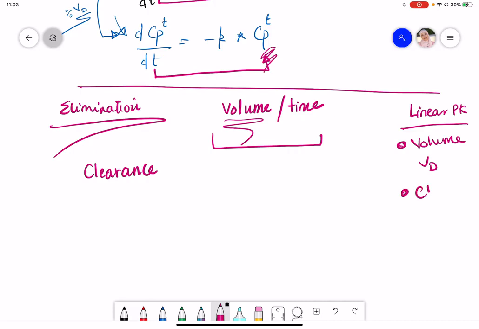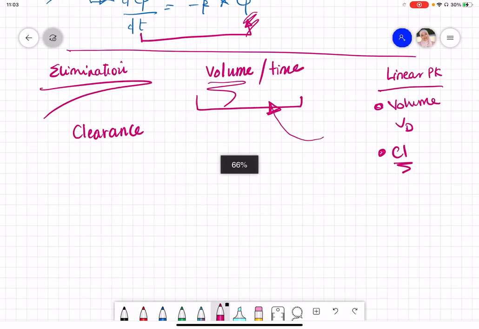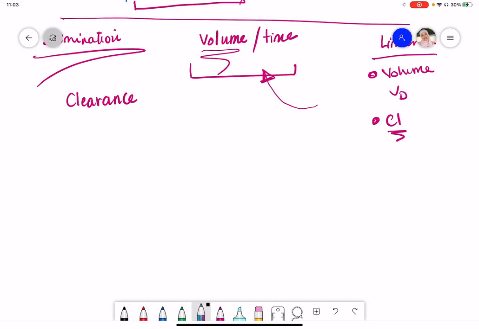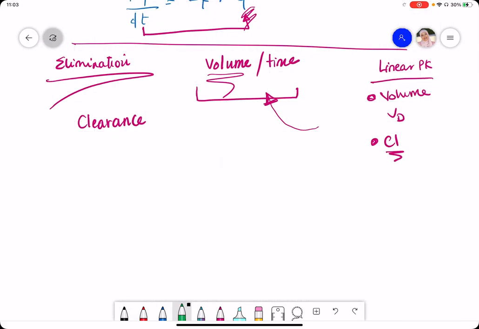And accordingly, the clearance is also constant because it's dealing with the volume of the biological fluid that has the measured drug in over time. Okay? And again, just to make sure that we know this, both of those are constants so far under first order kinetic,